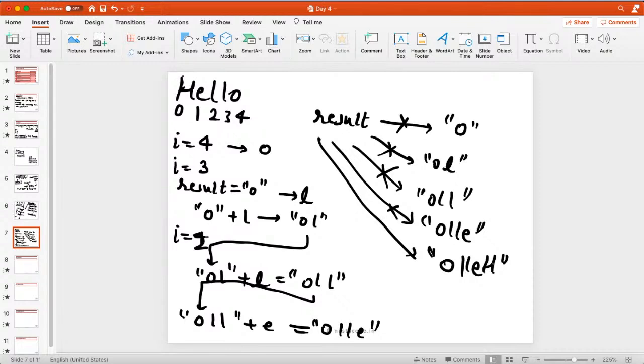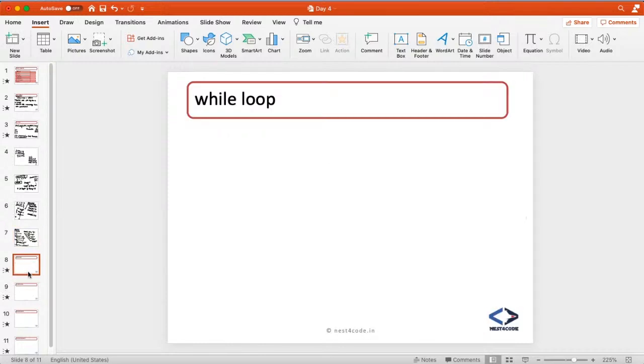Okay, so I think we have done enough problems using for loops. Let's see the while loop now. The syntax for a while loop is simple. We have a while, then we have a condition, and that's it, right? So in while we are not much worried about